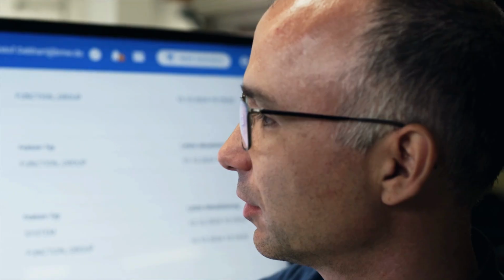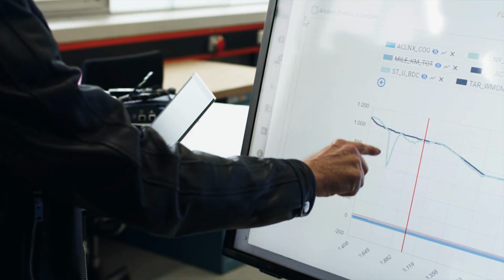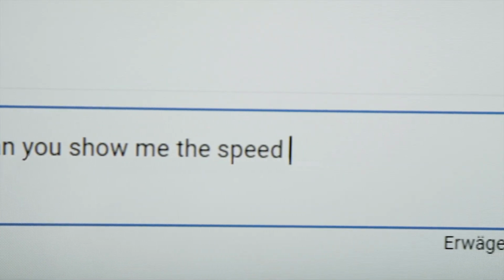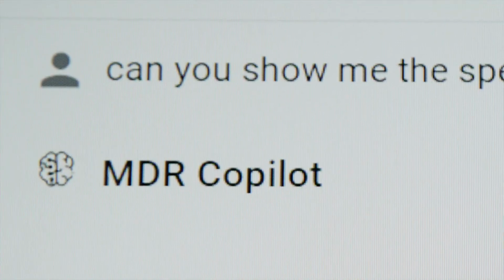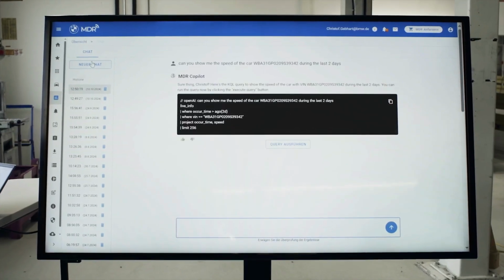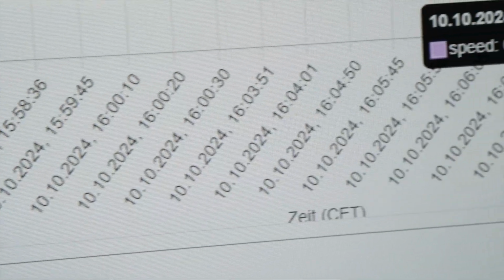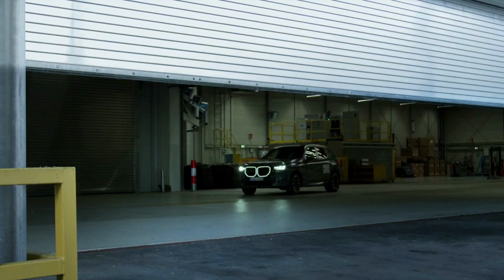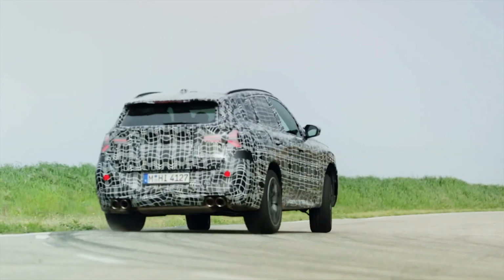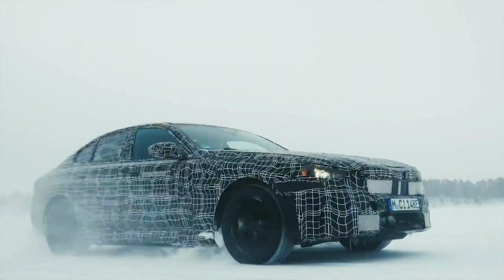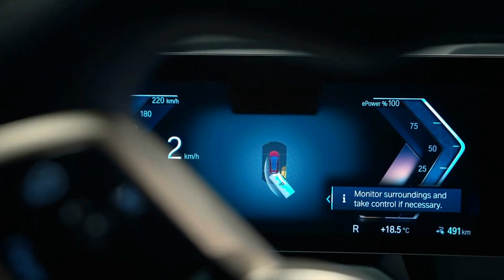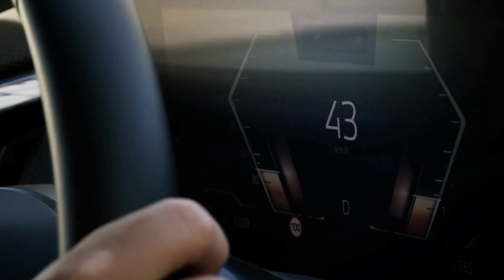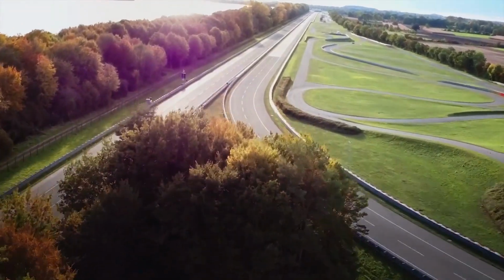For our time series analytics, Azure Data Explorer was the only way to go. Now, engineers can chat with the interface using natural language through Azure OpenAI Service. The MDR Copilot's front-end and back-end are managed by Azure Kubernetes Service. Azure Database for Postgres stores Copilot conversations and feedback. Azure is the turbocharger for delivering the right data to the right person on a large scale. Data analysis went from days to minutes, with speeding time to market even as the number of features increases dramatically. MDR, powered by Microsoft Azure, ensures BMW reliability and quality long before the cars hit the road.